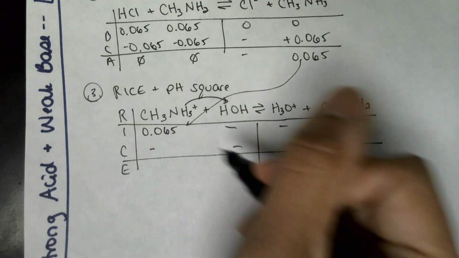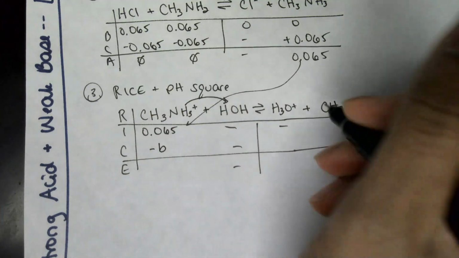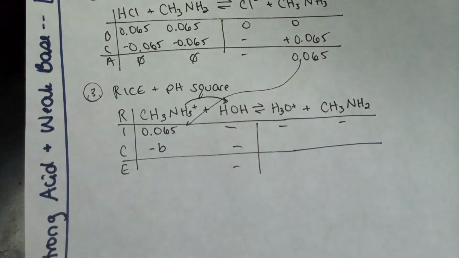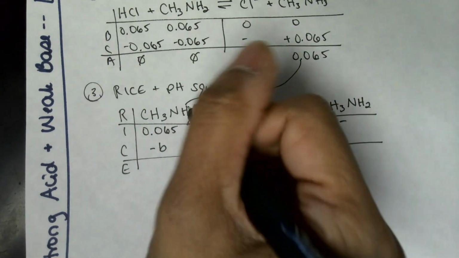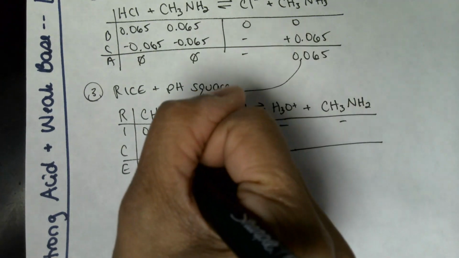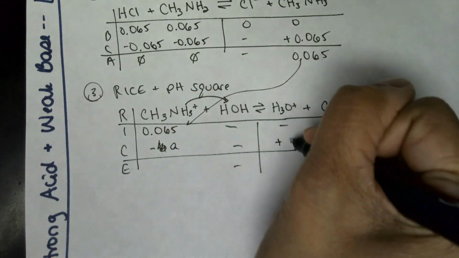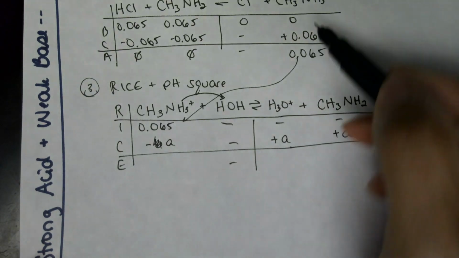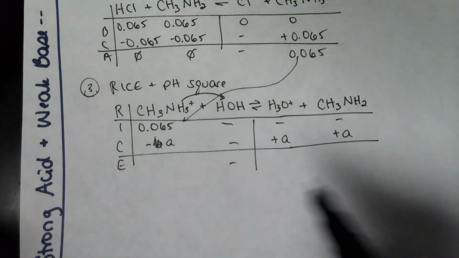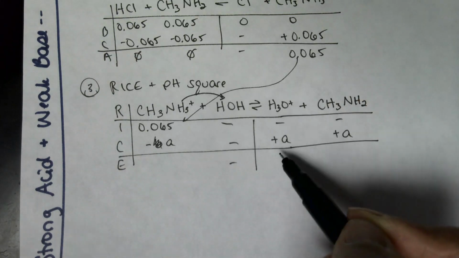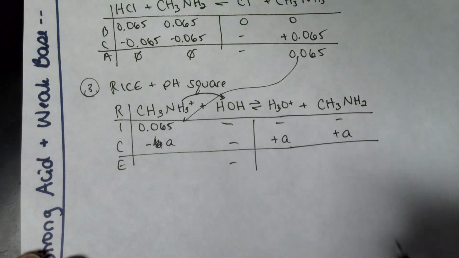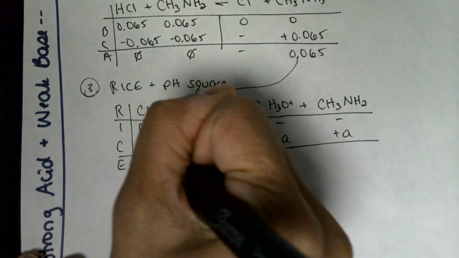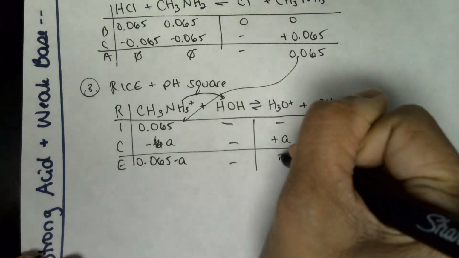So this is the base. I'm going to do minus B. Oh, actually, yeah, no, this one is an A. Sorry, that's an acid. And I'm going to do plus acid right there. That's what I'm showing. This is the conjugate acid, so that's why I'm adding it to water to show what that H3O plus is. All right. So I've got 0.065 minus A,